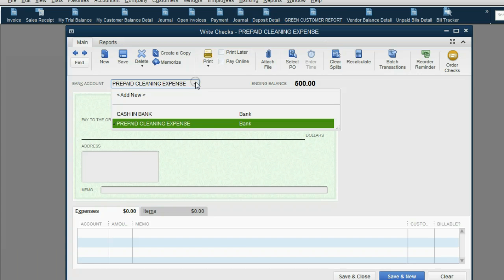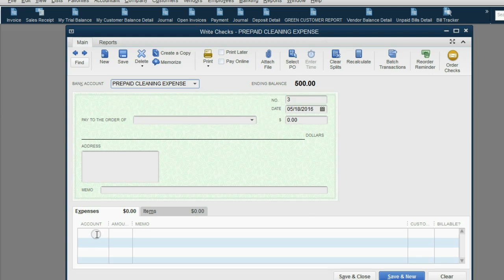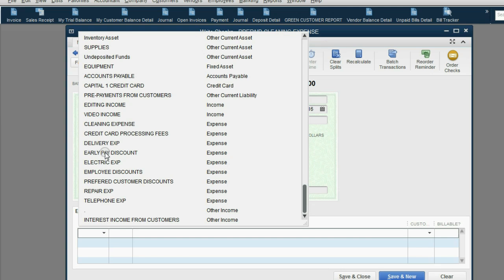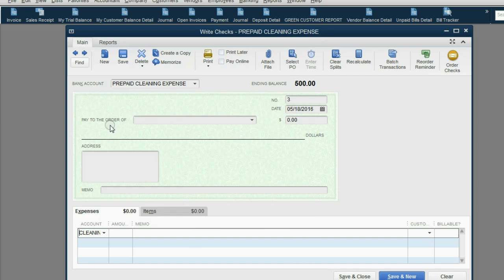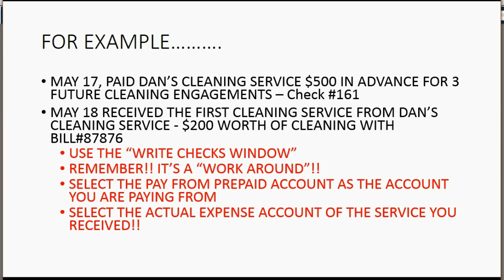Now, on the top, you want to choose prepaid cleaning expense, which is the bank type of account that we added for this situation. So the money is coming from the prepaid account, and it's going to the actual cleaning expense account. The bill number is what occupies the check number field because that's the transaction number,